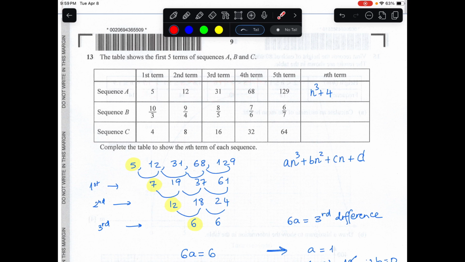Yeah? Now, over here, the next one, we can see that the denominators are increasing by 1, but they're starting with 3. Numerators are decreasing by 1, but they're starting with 10. So in this case, you've got to think, okay, in terms of n, what is happening to the denominator and what is happening to the numerator, right? So if you think about what's happening to the denominator and numerator, you will realize that the